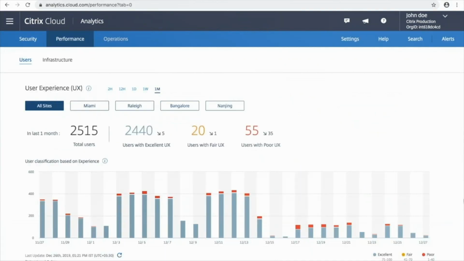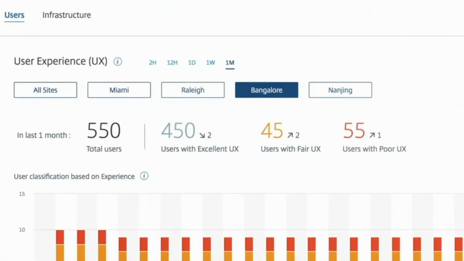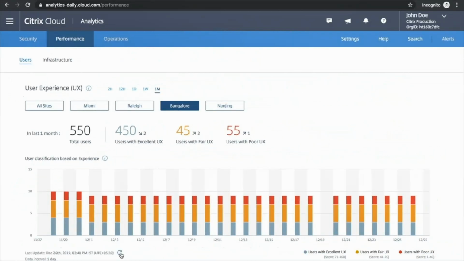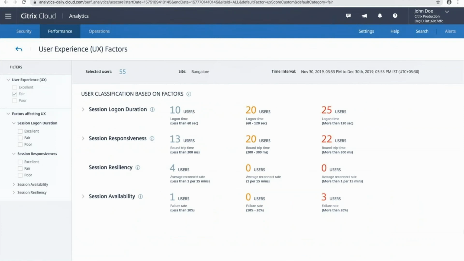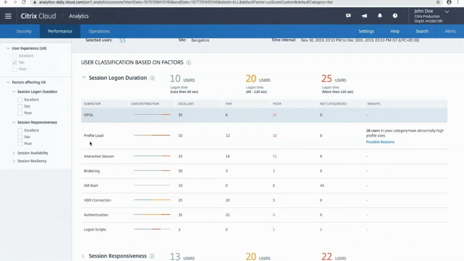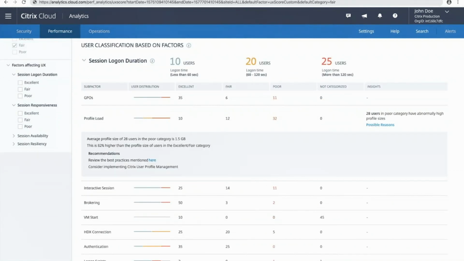Then again, not to go too far into this one, because I know Igor did a great job, as I said earlier, but just a bit of a quick run-through on the analytics piece. Analytics breaks down into security, performance, and operations. What's really cool is that you can drill down, so you can see it at a site level.